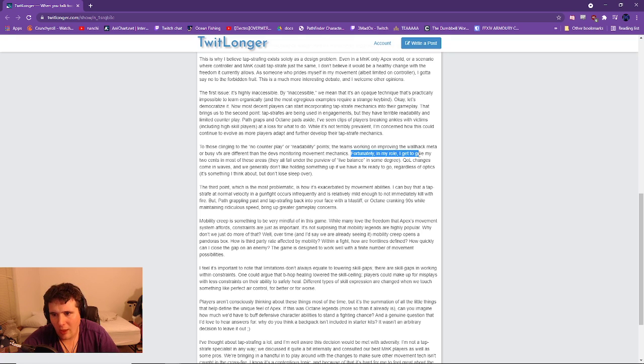Fortunately, in my role, I get to give my 2 cents. In most of these areas, they all fall under the purview of live balance in some degree. Quality of life changes come in waves, and we generally don't like holding something up if we have a fix ready to go. Regardless of optics, it's something I think about, but I don't lose sleep over. The third point, which is the most problematic, it's how it's exacerbated